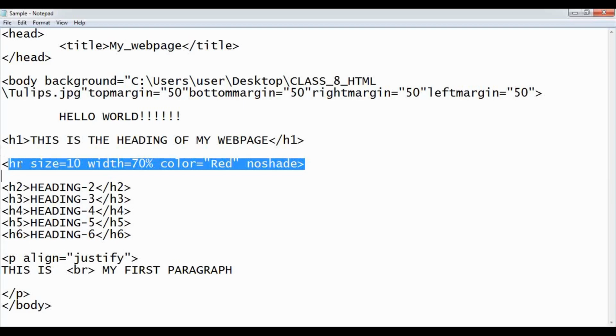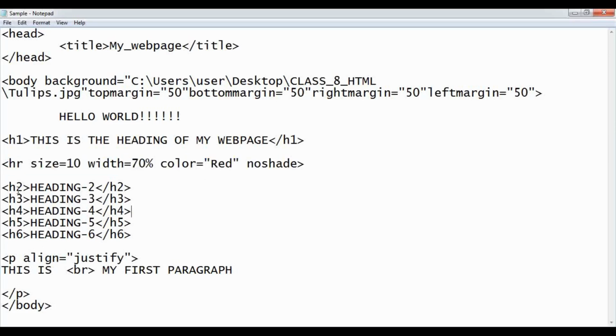For horizontal rule tag we have seen the attributes size, width, color and no shade. Then the last one is the break tag, which adds space and moves the text to the next line. So these are the tags which we have discussed today. Now using these tags you can design different web pages and you can see how these tags works.